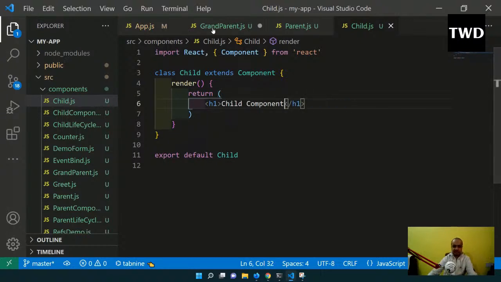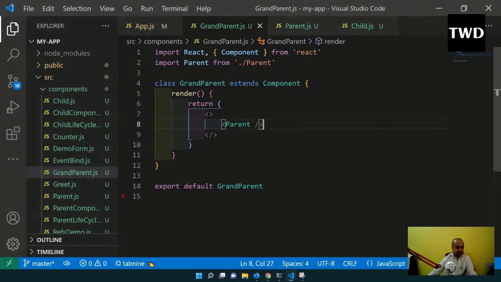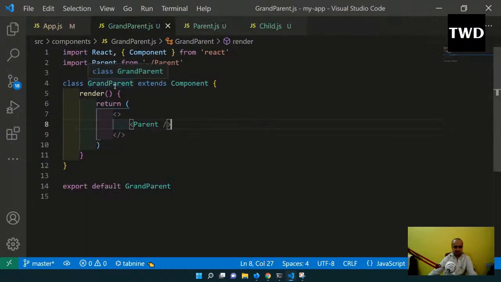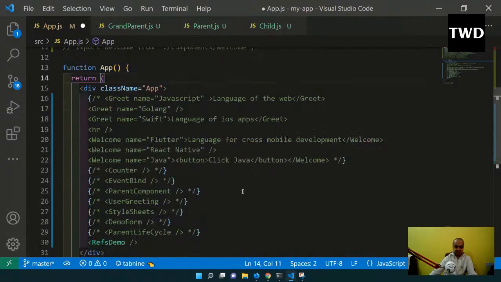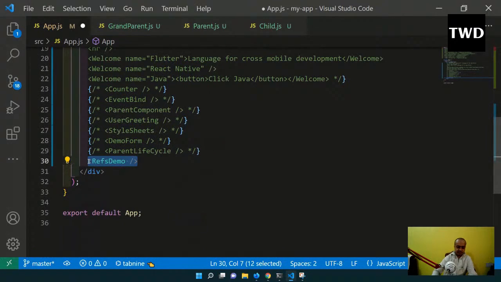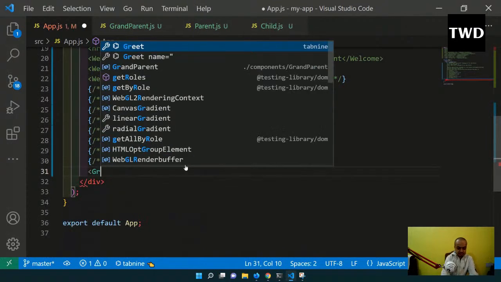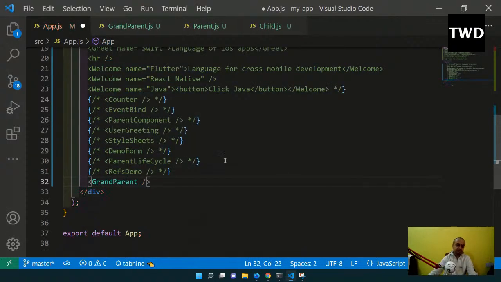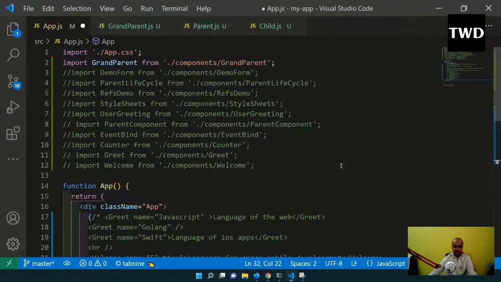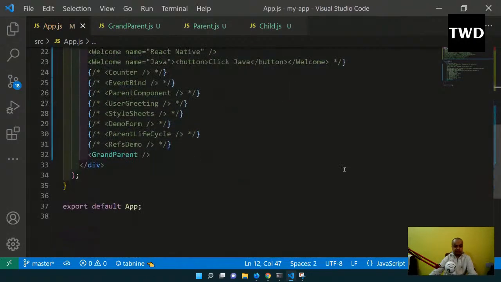Like this I will have grandparent, and now this grandparent will go to our app. Grandparent will go here. So grandparent is coming here, save it,